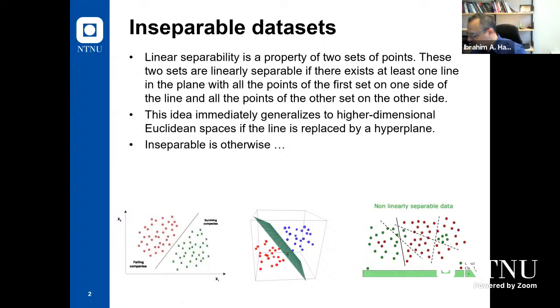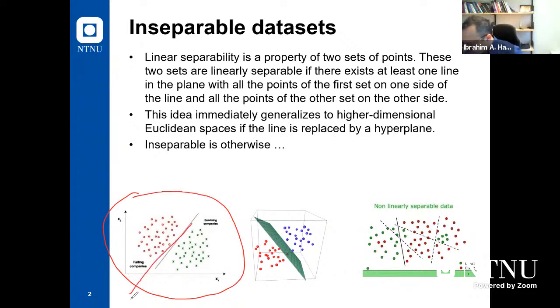Do you remember last time when we talked about inseparable data sets? With inseparable data sets, it's hard to find maybe a straight line which can be used to classify those two clusters. And it's important to try to simplify it, to put it in a format which can be used for solving this problem. This problem, for example, here, is a problem in two-dimensional space, and it's easy to find a